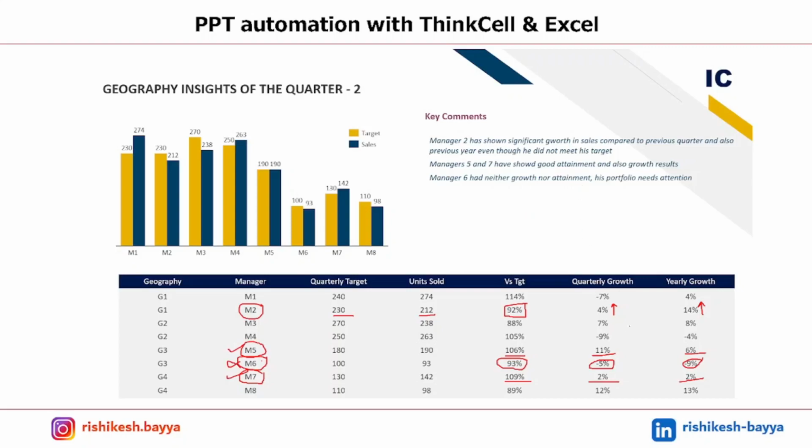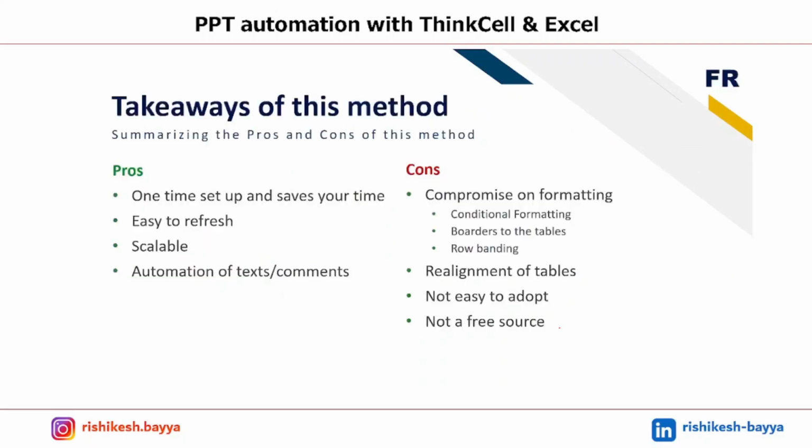But having said that, if we could provide some kind of conditional formatting here, where a user or a reader can automatically make out these comments on his own, right? So that could be a great idea, right? So that is what is lacking in the things. So that is where we come to the pros and cons of it.